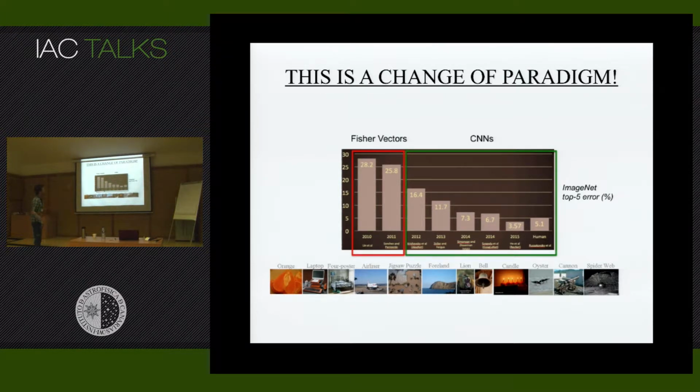I will go into details on this, but here is the typical accuracy in classifying objects. This is what is driving the AI revolution. And you see how after 2012, the error rate decreases with the advent of convolutional neural networks, which are the building blocks of deep learning. And you see that since 2015, we are below the human error. So neural networks are making fewer errors than humans in classifying objects.